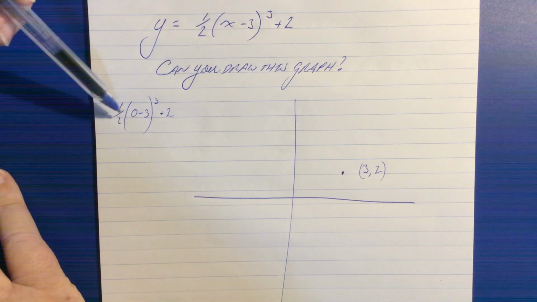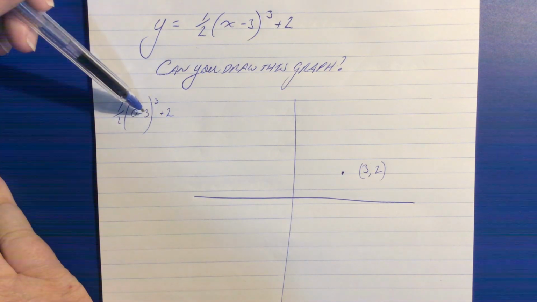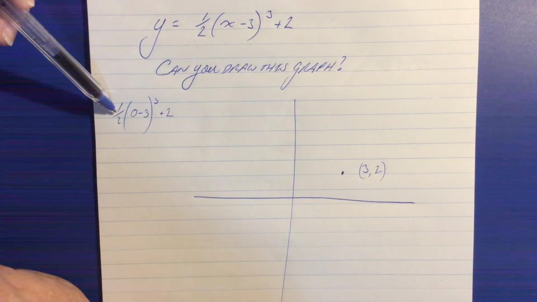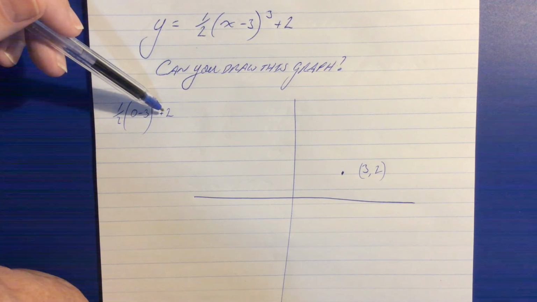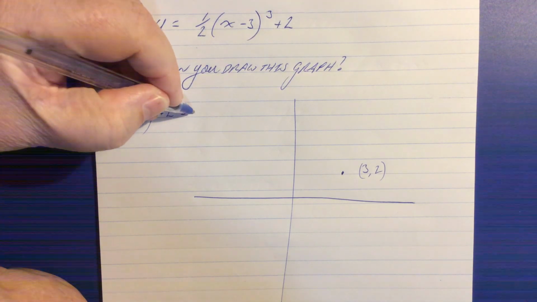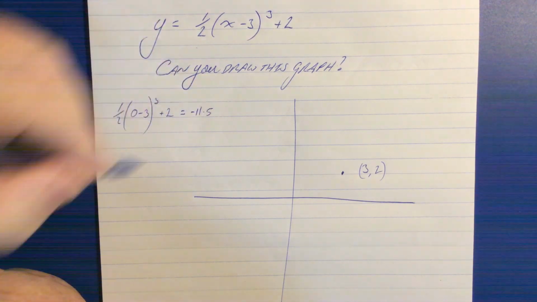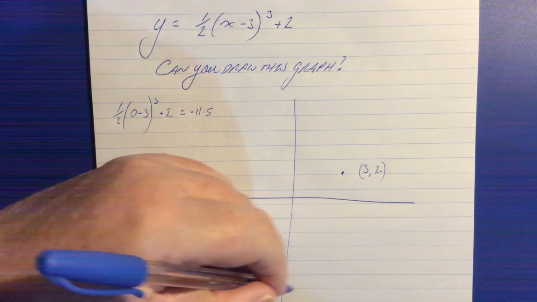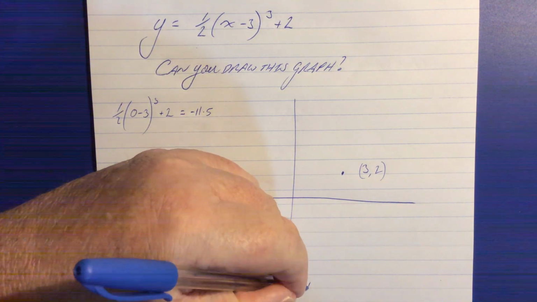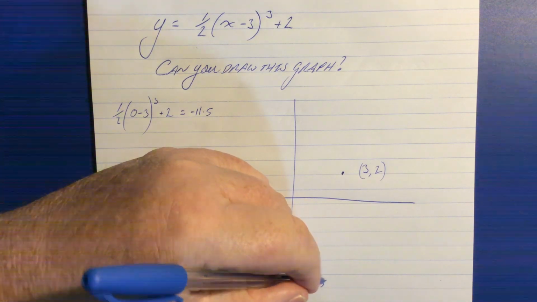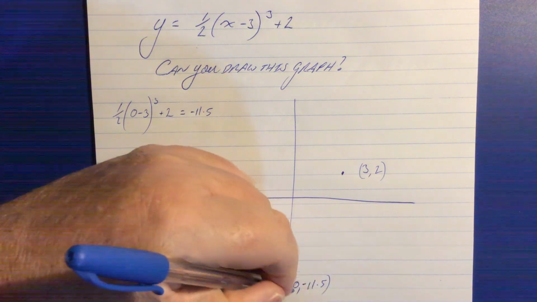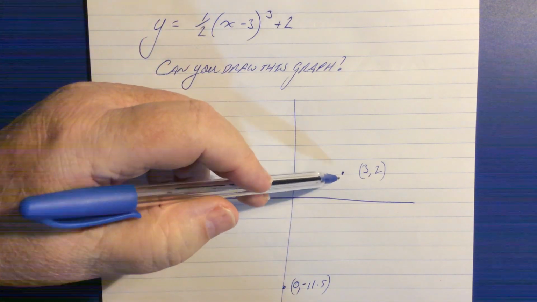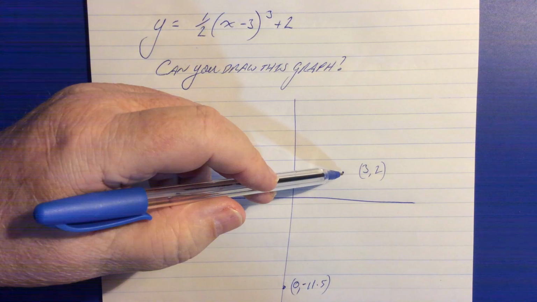Now note I'm doing this using the order of operations, so -27 divided by 2 is -13.5, plus 2 is equal to -11.5. So that is our y-intercept. It is down here somewhere, and that is -11.5, and x is equal to 0. So that is the point at which this passes through the